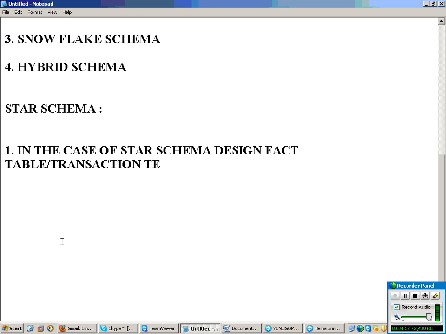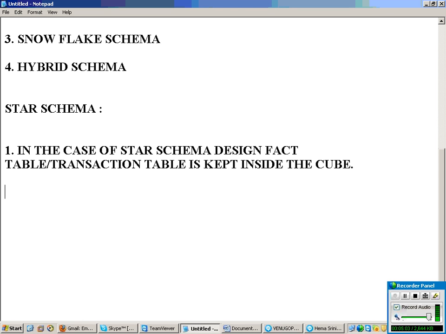It is nothing but your transaction table. You can call it a fact table or a transaction table, and it is kept inside the cube. What is the logic? Your fact table, or you can call it a transaction table, is kept